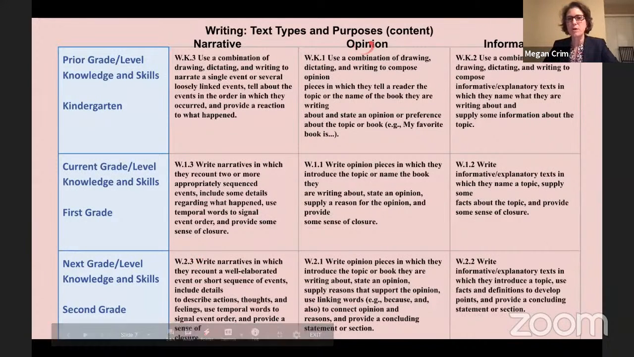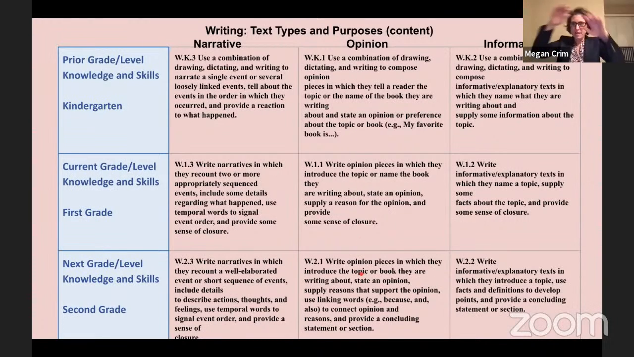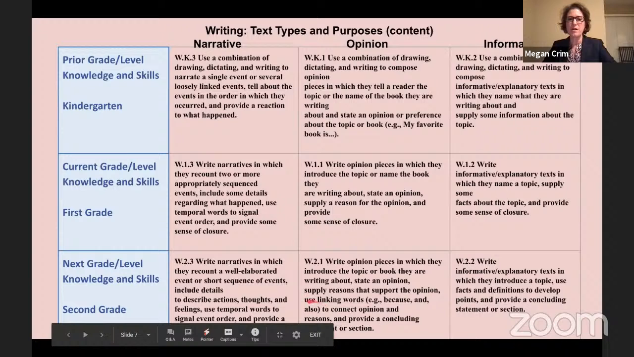The same works for opinion writing. Use a combination of drawing, dictating, writing to compose opinion, and then we build on that. That happens throughout elementary school. So I think it's so important to understand that if they're being asked to write a narrative piece in kindergarten, they're going to be asked to write narrative writing in first grade, and they're going to be asked to write it in second grade. So I think that's really an important understanding that parents should have as you think about